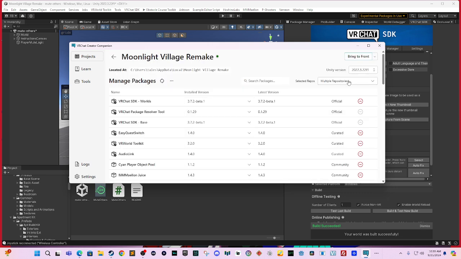If you have done this first step correctly, where you trigger the show pre-release packages, VRChat SDK World and VRChat SDK Base should have an up arrow on the latest version. Make sure you upload the update